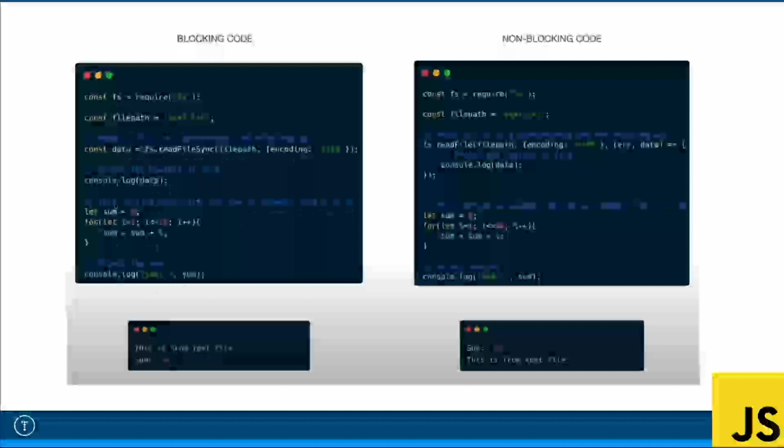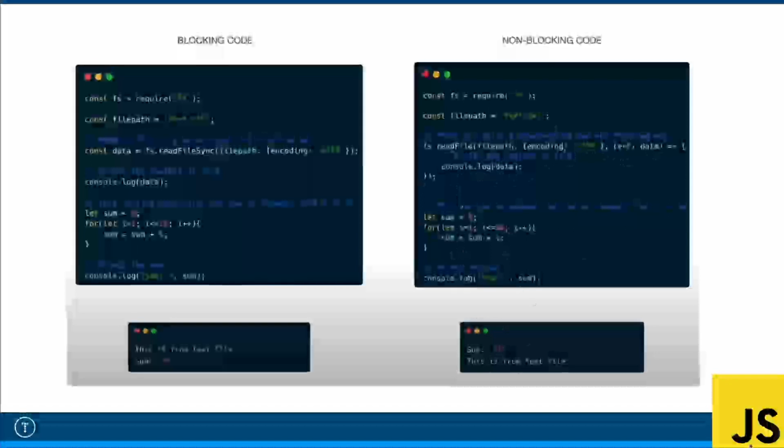then we do the calculation. Okay, on this side, what we're doing is calling readFile, but this is an asynchronous method which takes in a callback function. So you can see we're passing in a function, and inside that we're console logging the data. Now the way this works is once this is complete, it'll run the callback, which console logs the data. But it's not going to pause here. It's going to keep going and execute the rest of the code. So what happens is we see the sum first, because while this is calculating, we continue, it console logs the sum,